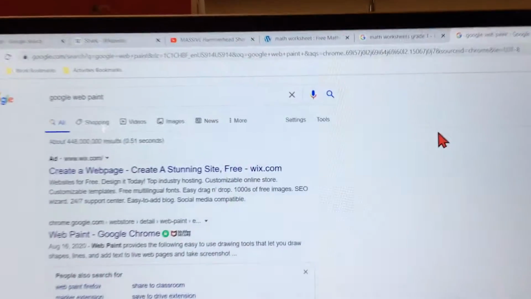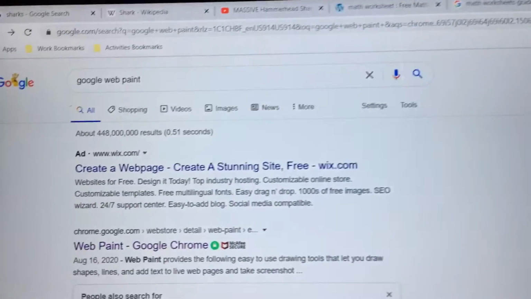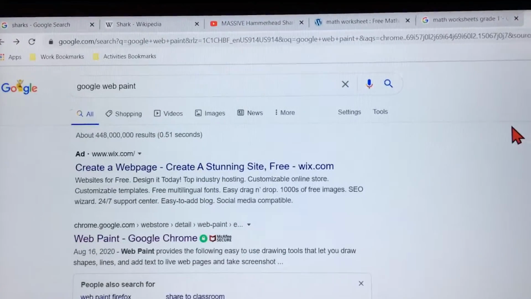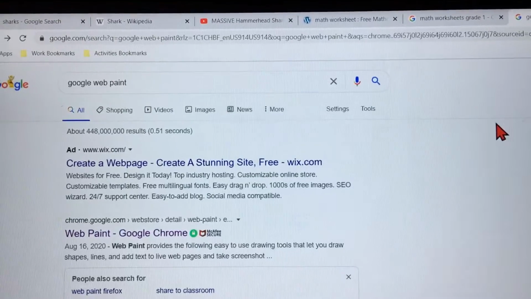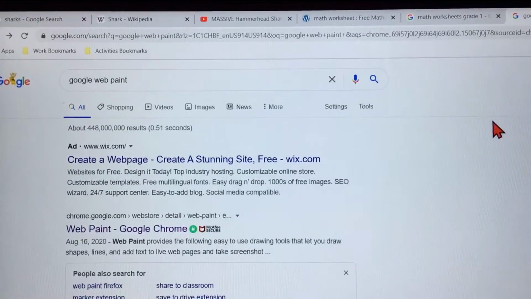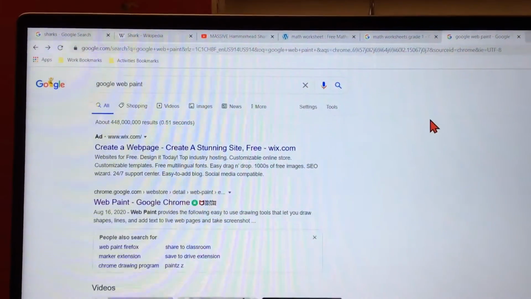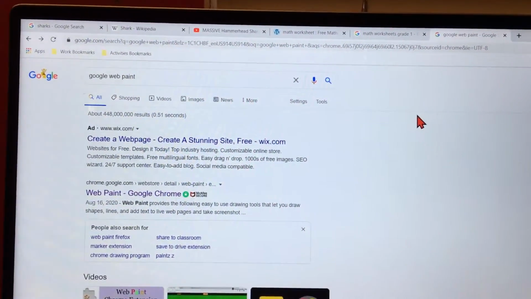So I found this really cool Google extension called Google Web Paint, and I recommend everyone to use this extension when you're using your computer with the students because it's going to make life easy for you. It's very good. And the reason why I'm recommending it is because any web page that you go to,